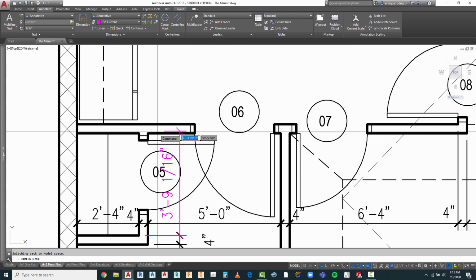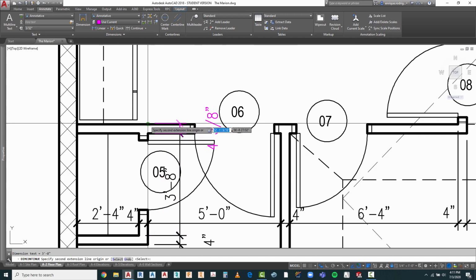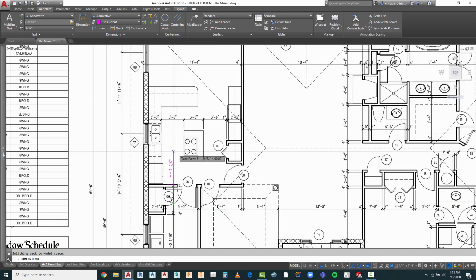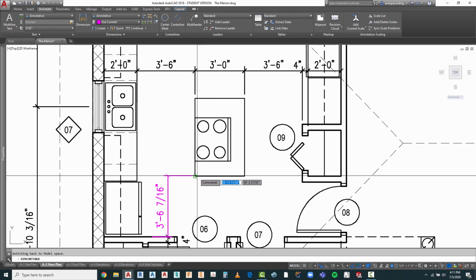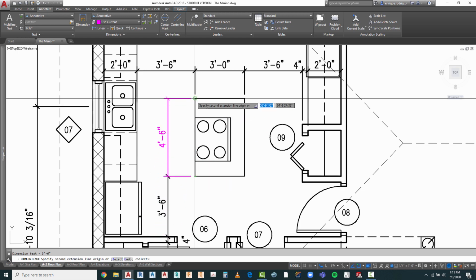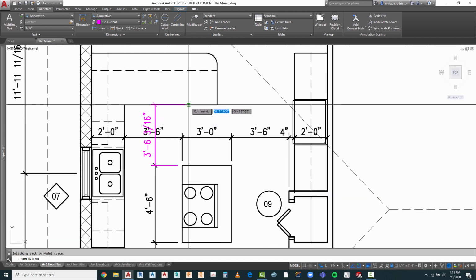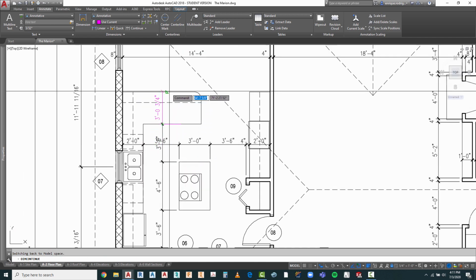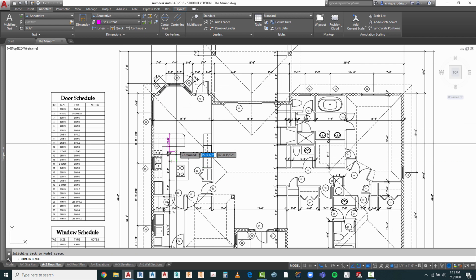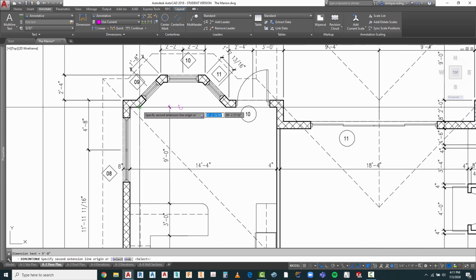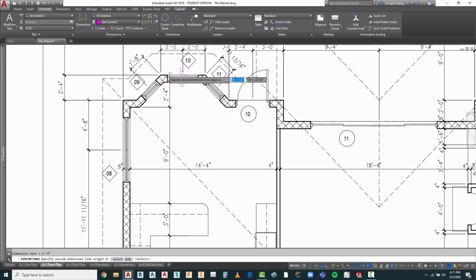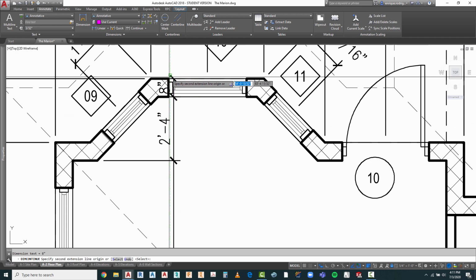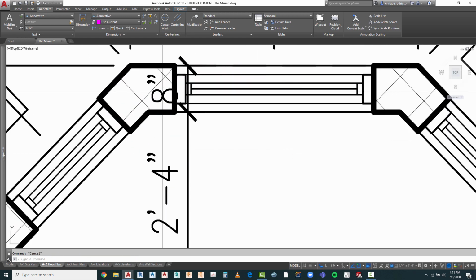Snap the corners of my wall. Now here's where I can dimension my distance and the size of my island. I'm going to go ahead and just do the countertop width in there and go to this point. I'm going to go ahead and give the thickness of the wall back there. So now by fine tuning,